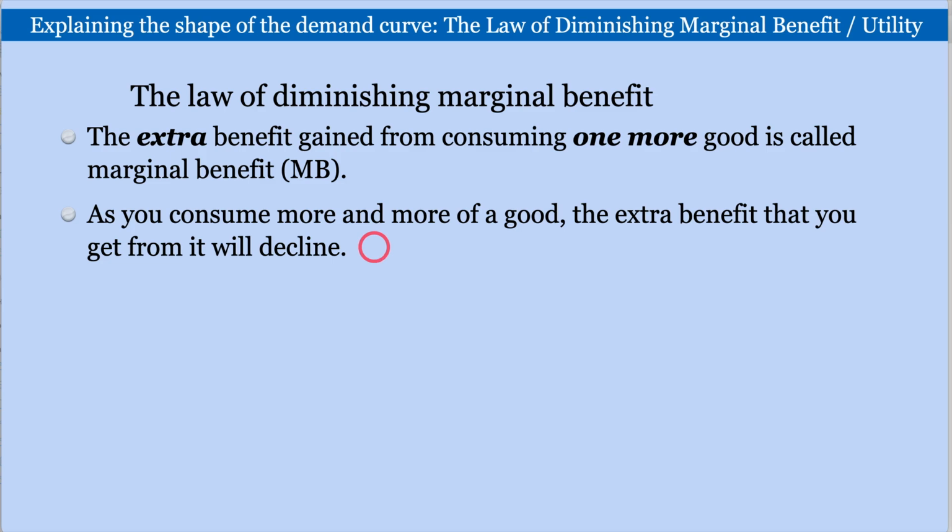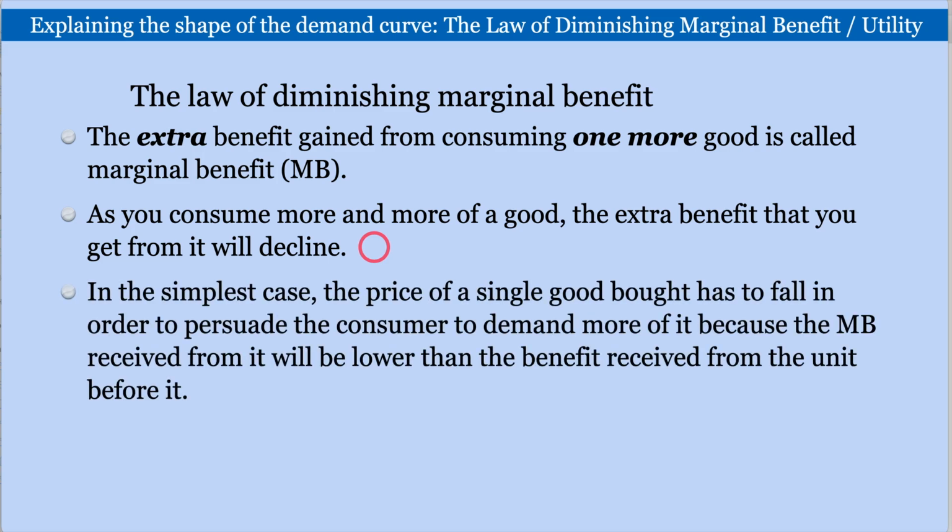Not the total benefit, but the extra benefit. And therefore, if I'm not getting as much benefit as I used to get, then the price of that good has to fall, okay, to persuade me to buy it. All right, we'll see this on a graph side, because the extra benefit, the marginal benefit, is going to be lower than the benefit received from the unit